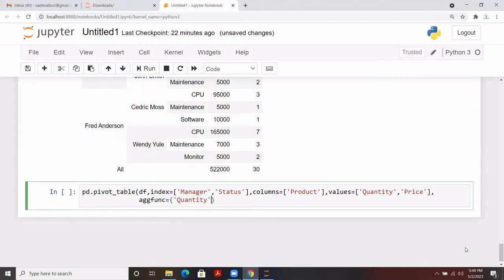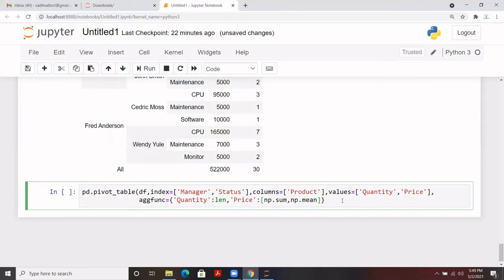Here it is, and the values that you needed for quantities, let's say the length function. And for the other, which is price, I needed two outputs for this. I'll be writing like this. This would be the syntax, so I can pass that into a list. What I needed for price is the sum and mean. So this is what I can do.